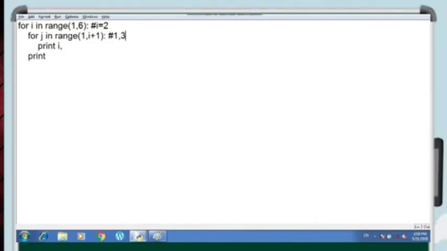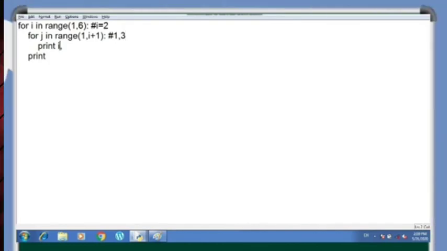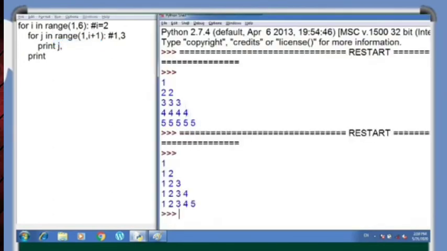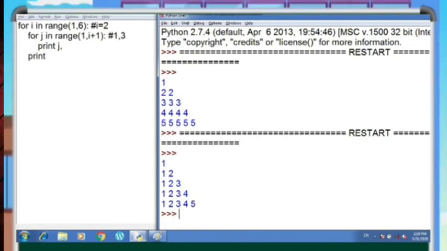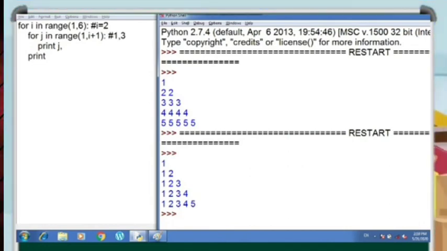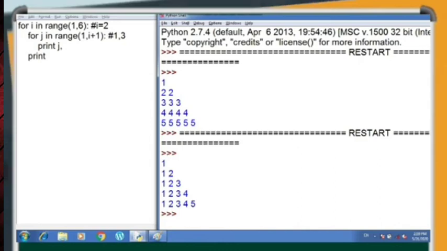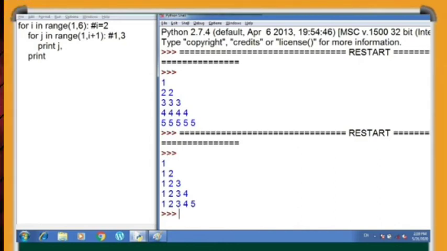So we were printing i, but what if we print j here? Let's see what output comes. Now see, it is the desired output which we want, because when the value of i was 1, the value of j was also 1, and we were printing 1 here. But when the value of i became 2, the loop executes till 2. So the first time the value of j was 1, and then the second time, when the loop was updated, the value of j becomes 2. So it has printed 1 and 2.